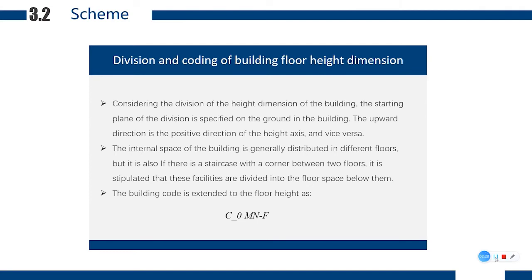Coding considering the division of the height dimension of the building. The starting plane of the division is specified on the ground in the building. The upward direction is the positive direction of the height axis and vice versa. The building code is extended to the floor height as C0MNF. Next is floor plan division and